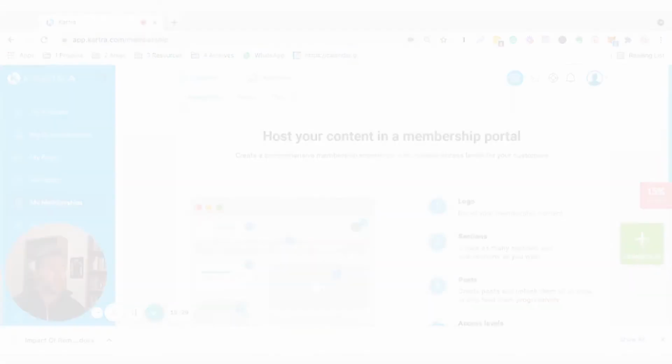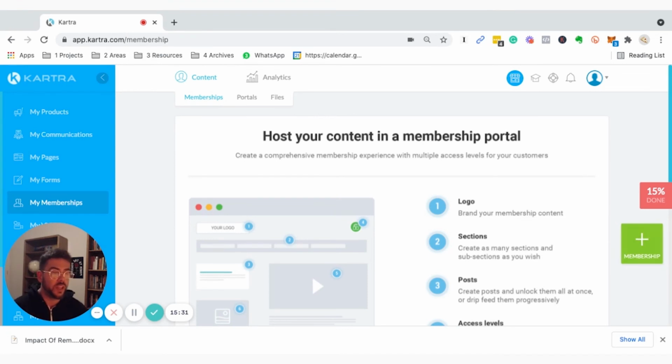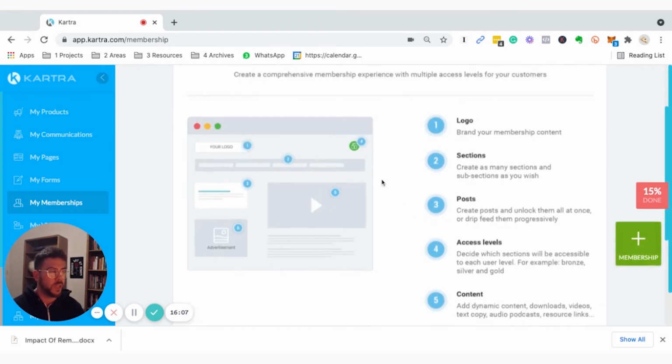Let's go to memberships. Okay, memberships. This is one of my favorite things about Kartra. Now, again, this goes with the theme of Kartra being really good at a lot of things. It's not necessarily great at anything in particular other than having everything in one place. Memberships is a good example because if you expect this to be your traditional course builder, like a Thinkific, like a Teachable, some of these other LMS platforms, it's not like that. It's a little bit less flexible, although it is certainly usable and very effective in the way that it presents itself. And creating that membership, it can be totally customized